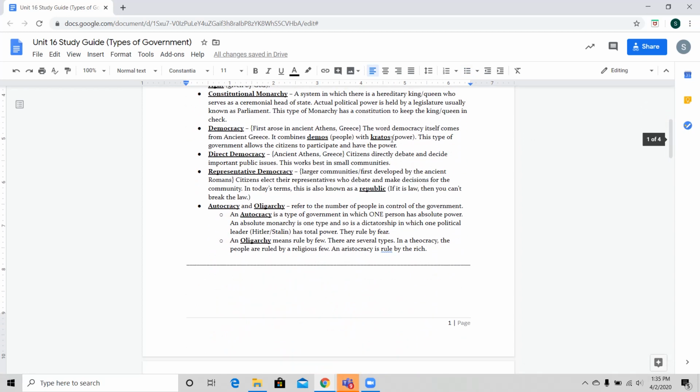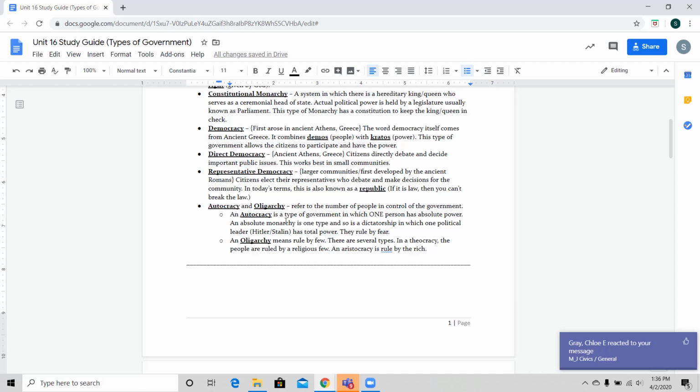So right now we have autocracy and oligarchy. Now, when we say these terms, we want you to think umbrella terms, because the truth is these two terms can apply to a variety of different government styles. So let's go over that first one. First of all, auto literally means one. So when we talk about autocracy, we're talking about a government where one person holds the majority of the power. Now, this is already a type of government that we went over in this video. When we talked about absolute monarchy, we talked about one person holding the majority of the power. So that would fall under that umbrella of autocracy.